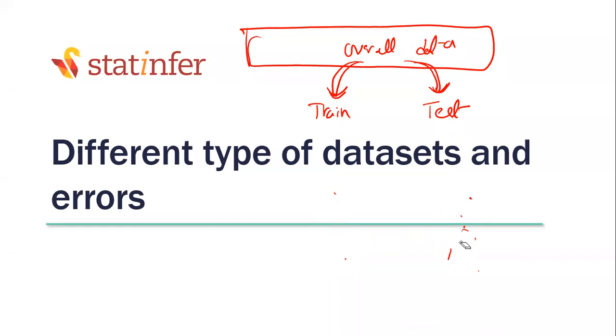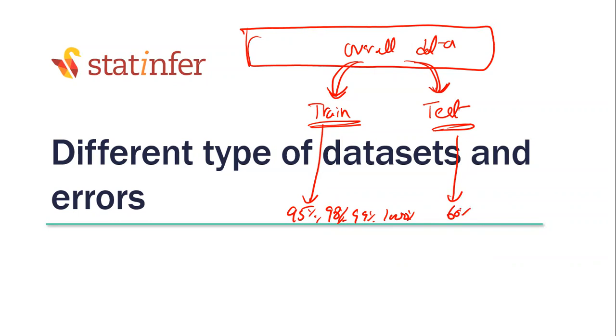Now, when we are doing this kind of validation, it is known as cross validation or holdout data validation. Sometimes the train accuracy will be very high, 95%, 98%, 99%, 100%, and test accuracy will be significantly low, 60%, 50%, 40%. This is known as a particular problem. What is it known as? Overfitting. Train accuracy is too high, test accuracy is too low. This is known as the problem of overfitting, isn't it?